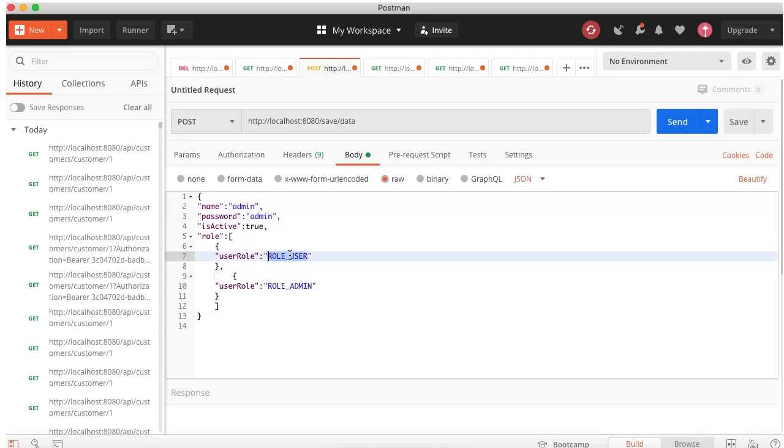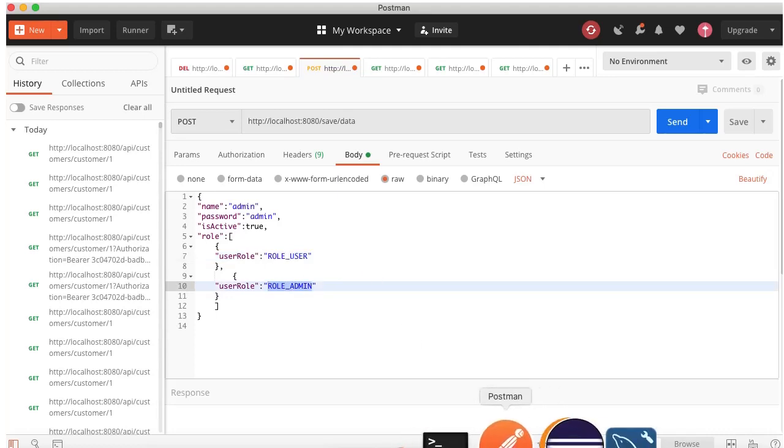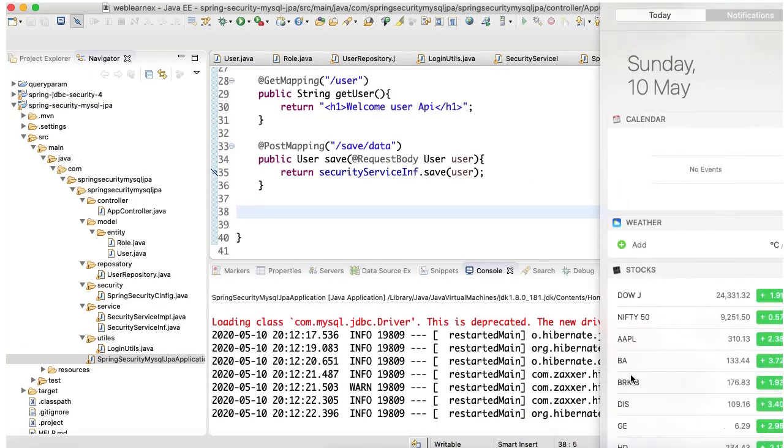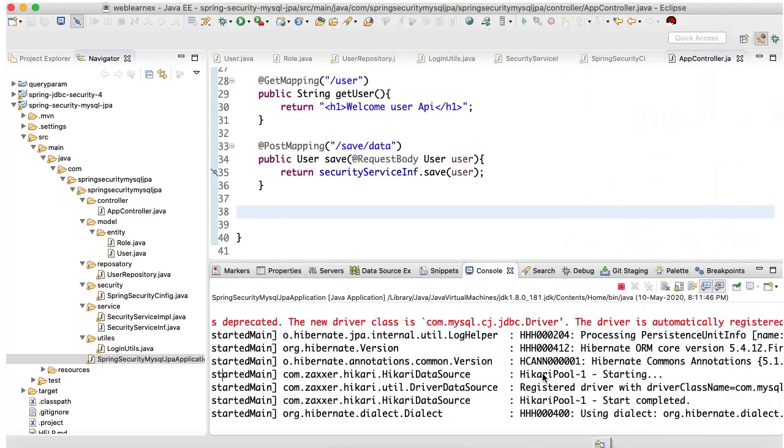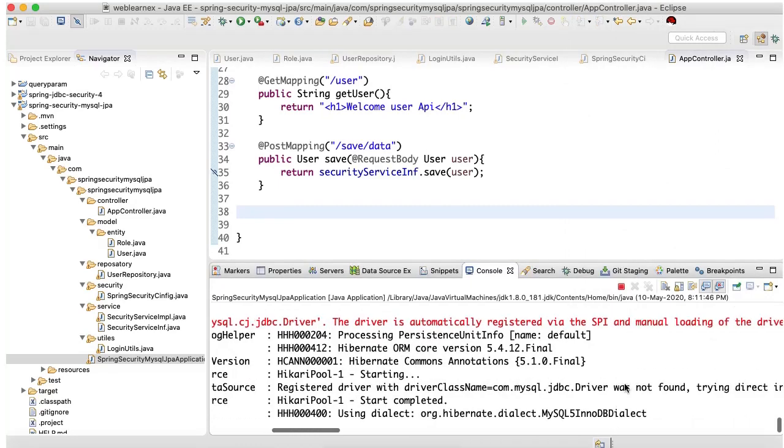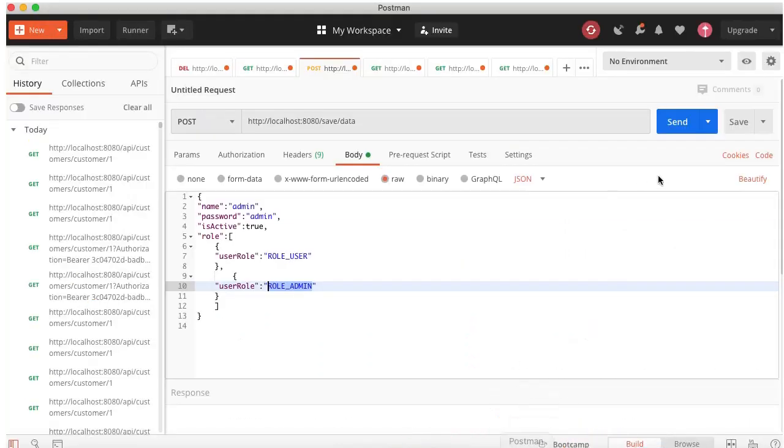First is role underscore user, and second is role underscore admin. Let me check whether the application is up and running or not. So you can observe the application is up and running. Let me hit my request.